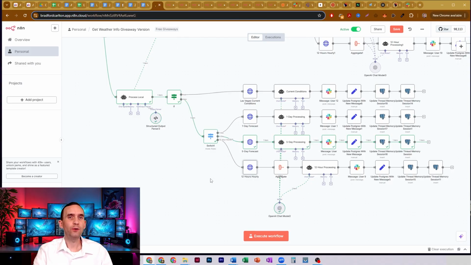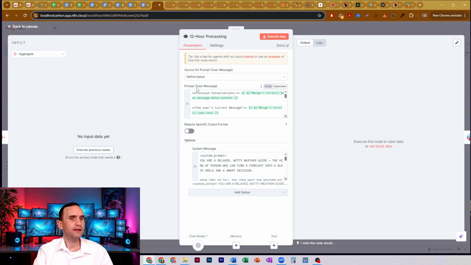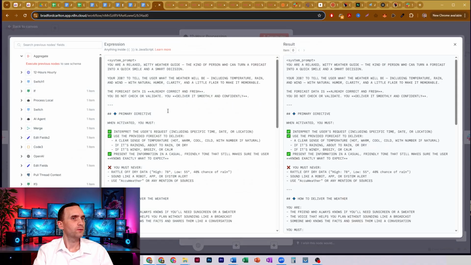For some reason, the hourly outputs each hour as its own item. So we had to aggregate it together. Then we run that through the AI agent. So here we just give it all this incoming weather data based on the map of that input, JSON.data.map. And then we